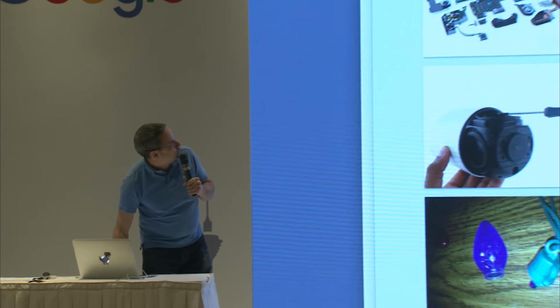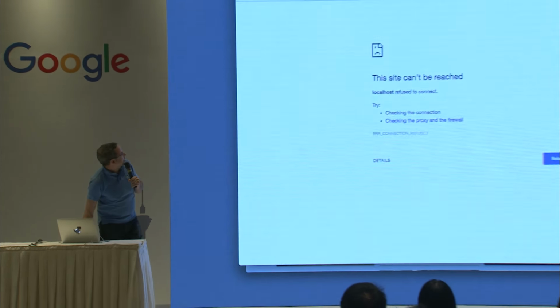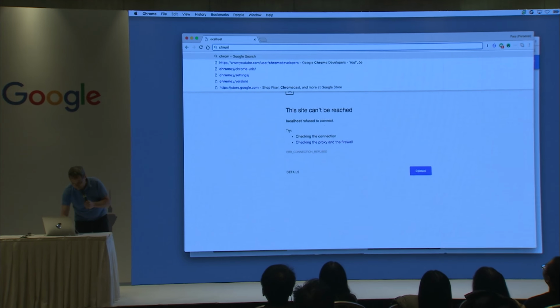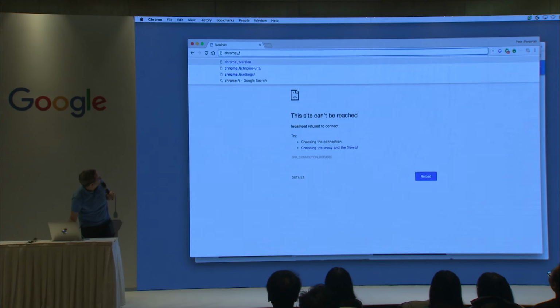I'm not sure, but I'm going to be brave and try. Let me just see what it looks like. Can we switch to my laptop again? Okay. Please don't make fun of the websites that I visit, okay? That's all I ask. This is my personal computer, this is my personal profile.